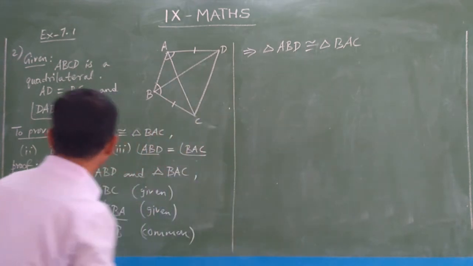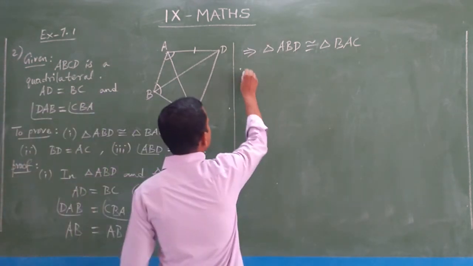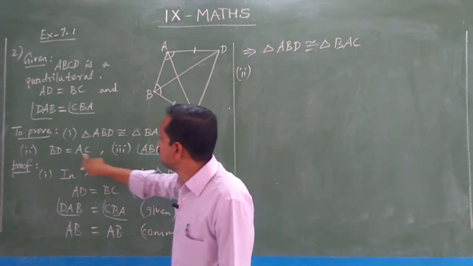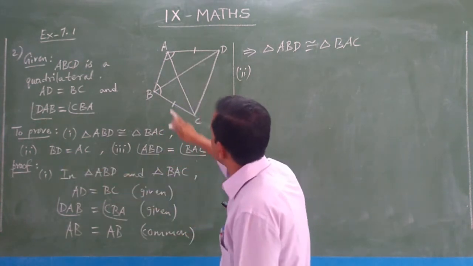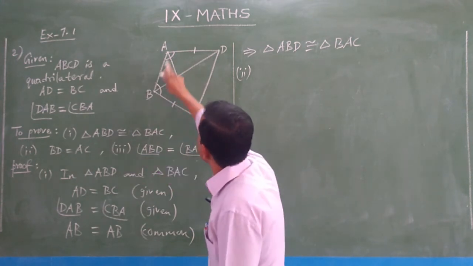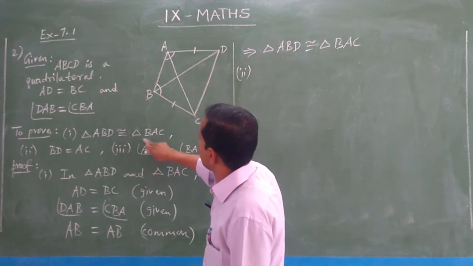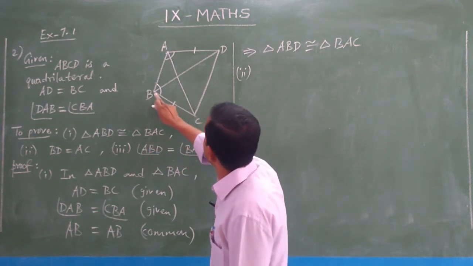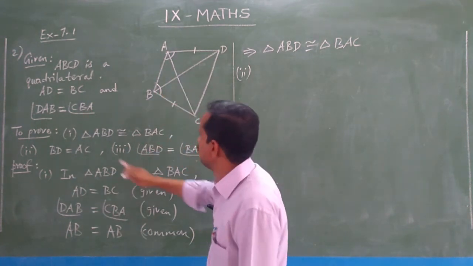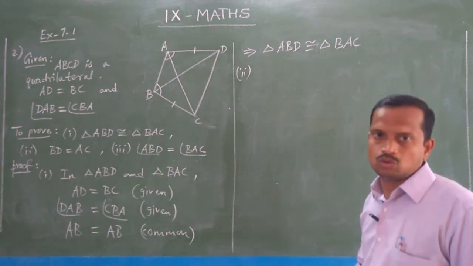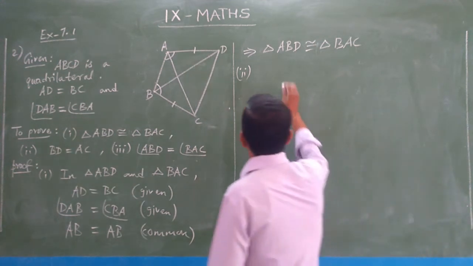And now coming to option 2. What do we have to prove? BD equal to AC. BD means, you see, where is BD? In the first triangle ABD only, BD is there. And AC is in the second triangle BAC, in this triangle only AC is there. So after proving congruence, by CPCT we can say, since